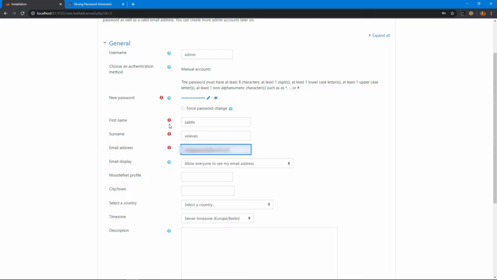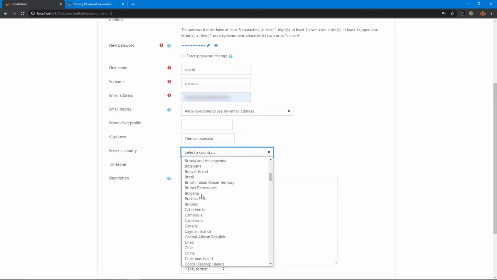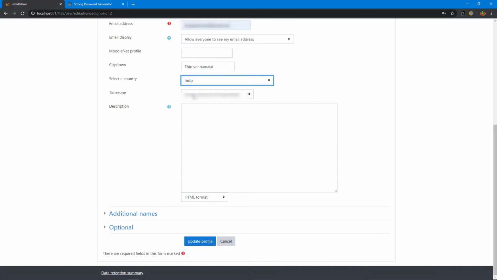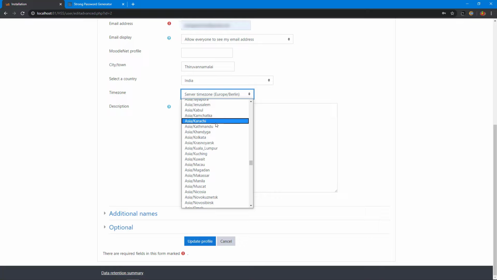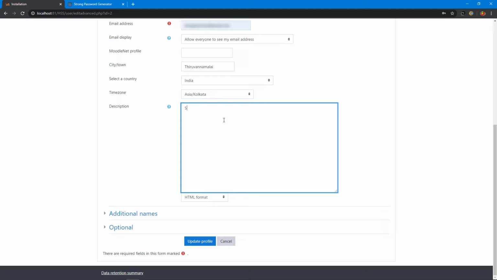The red icon indicates these are mandatory fields. I want to set the town, and I select the country, India, and you can set the time zone here. I select Kolkata here. I type a description: Sakti Velavan is the first admin user.